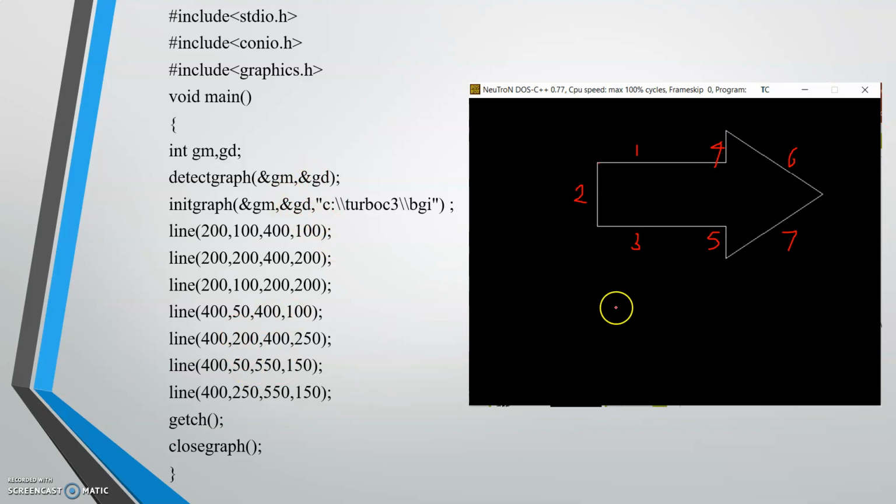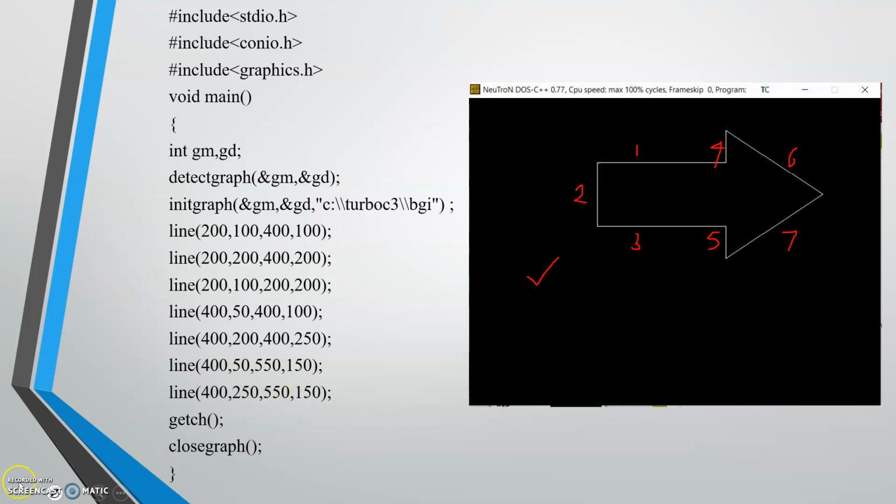After deciding the required shape, you need to draw a particular diagram or a particular image. You have to find out which is the required function to draw the particular image.